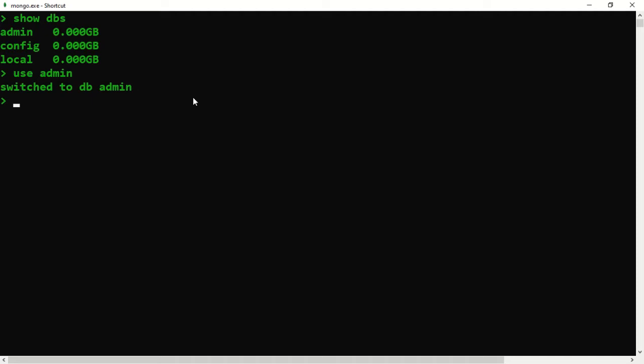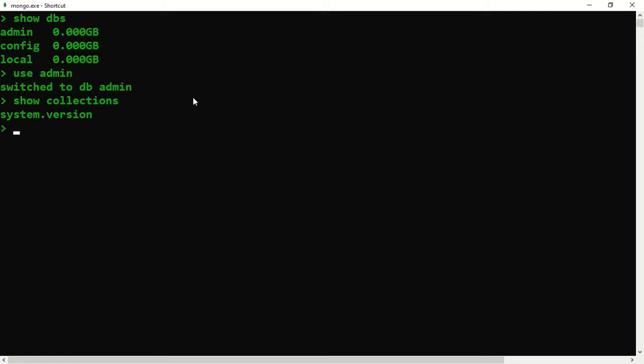So we'll say show collections. Okay, when you say show collections and press enter, it shows you system.version. This is the only collection, or table, available in this particular database.